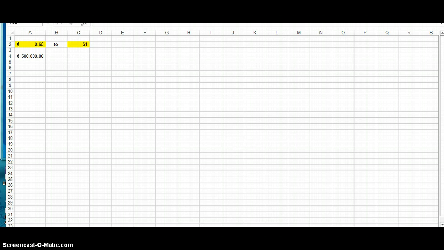But mine says that we know that the exchange rate is 0.65 euro to $1. So that's the given information. And we need to exchange 500,000 euros. So we need to see how many dollars that is in order to pay someone 500,000 euros given this exchange rate. In order to accomplish that, we're going to take the amount of euros and we're going to divide that